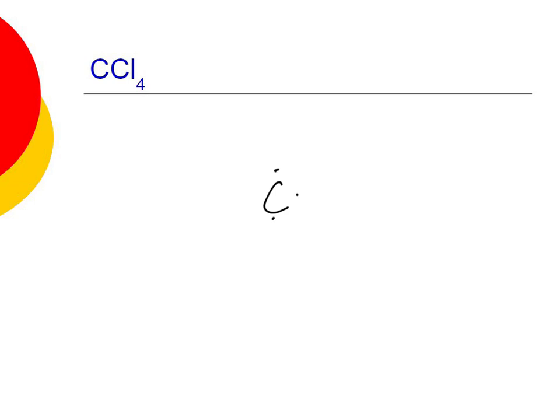1, 2, 3, 4. And then around that, what am I going to put, Jason? The Cls. Exactly. How many? 4. Awesome. So I'm going to structure that around the Cl there. How many valence electrons for Cl, Jada? 7. Awesome. So I've got 1, 2, 3,